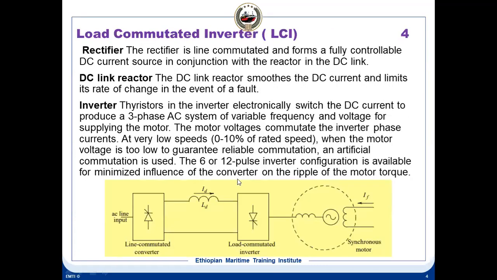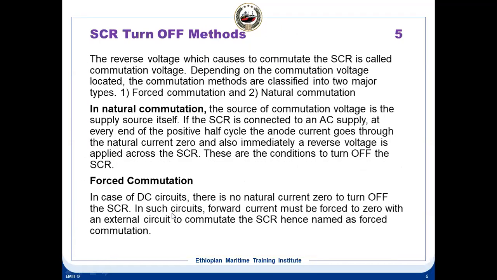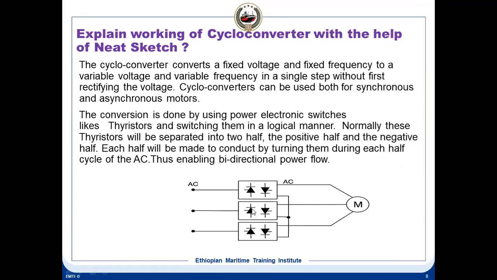You see in this you have a DC section here. Here you have a DC section. See, this is a DC part. This is not there in the case of a cycloconverter. That is the difference. A cycloconverter uses only thyristors, and both switching on and switching off are by natural commutation. Turning on and turning off the thyristor is natural commutation.